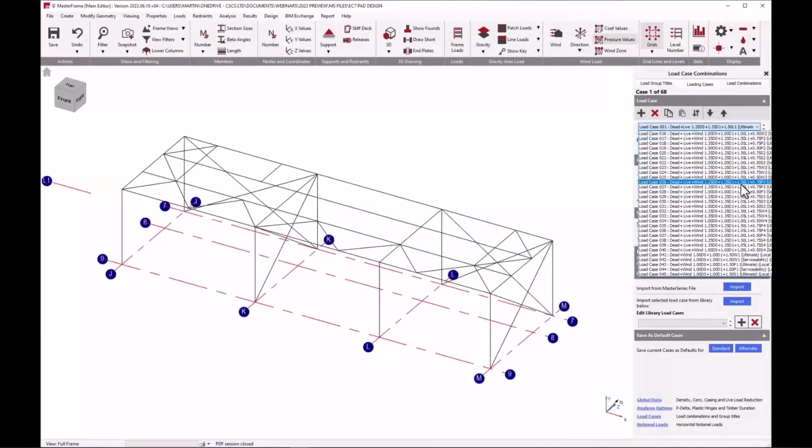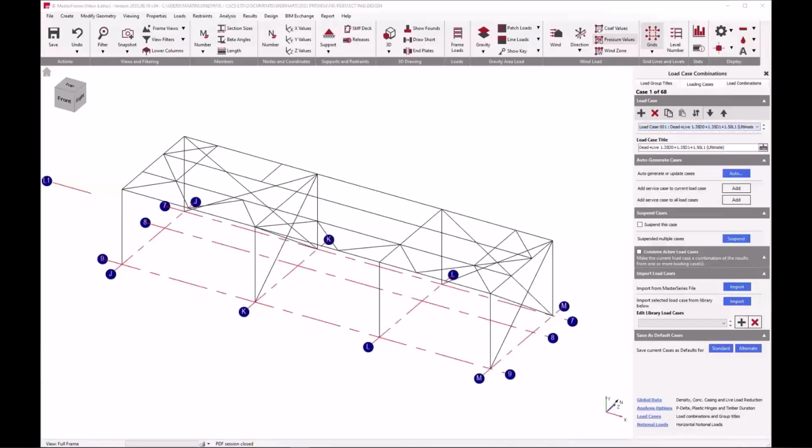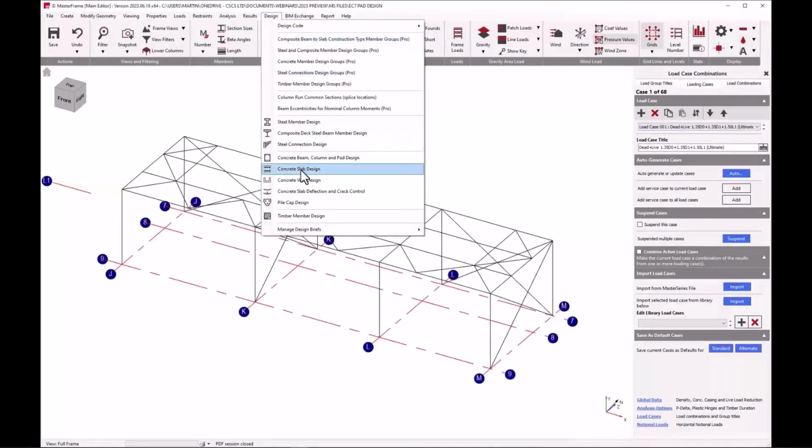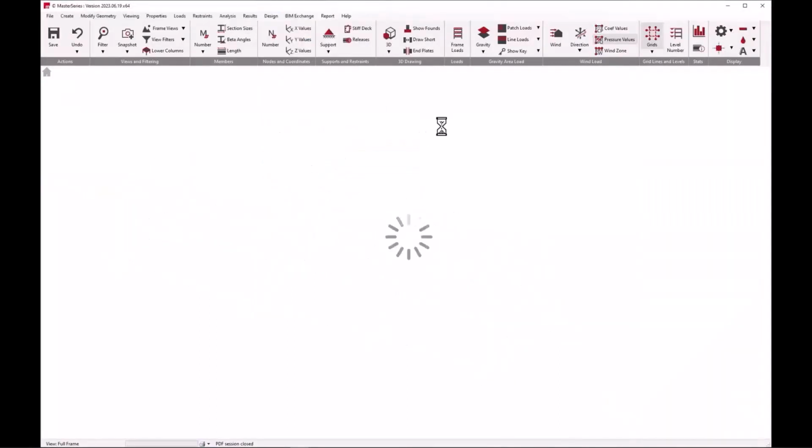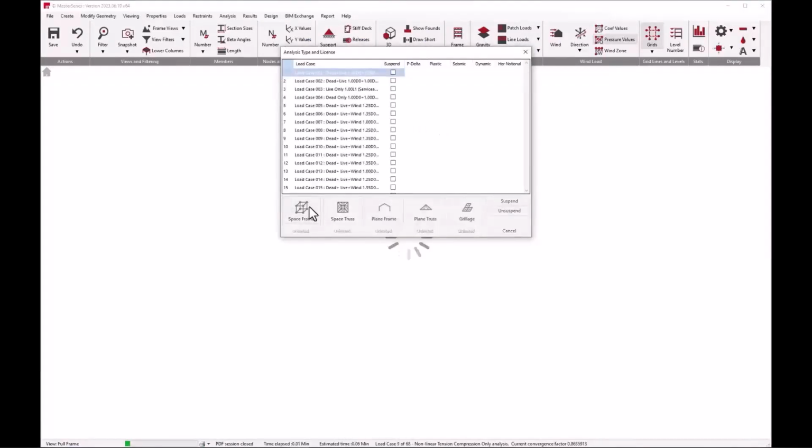So lots and lots of set B cases here, and we probably really should have more set C cases. We've only one set C case here, but we probably could have dead plus live plus wind set C cases, and there would be lots more of them. And then a few combinations of the EQ cases for just wind direction 1, as we saw. So that could be much more extensive, but it'll give us a good enough idea of what then happens when we get into the pad foundation design with these few additional cases, and then how we control the usage of the new method. So we're doing a quick analysis here, and into the design,